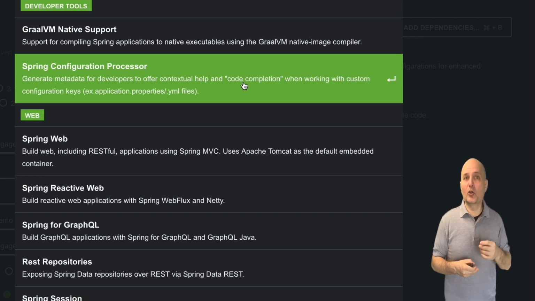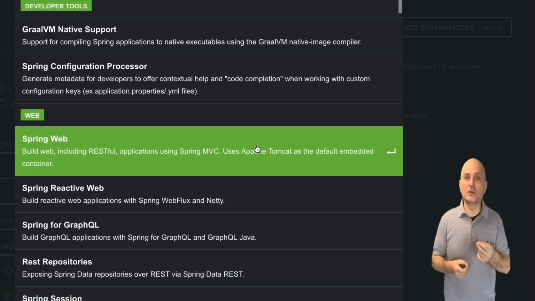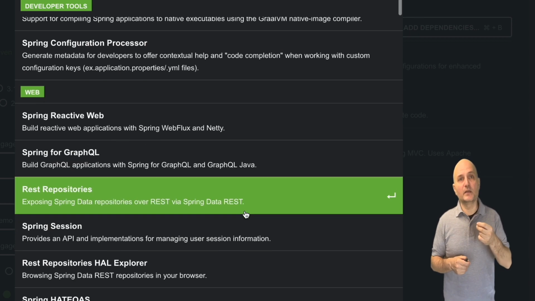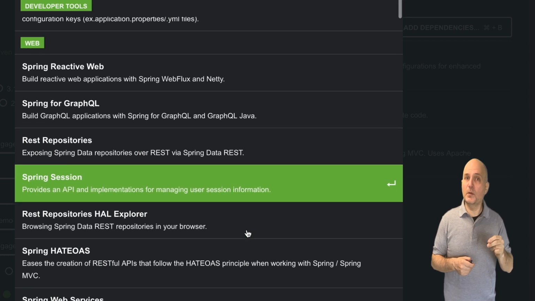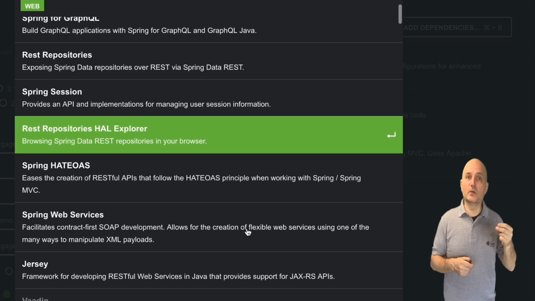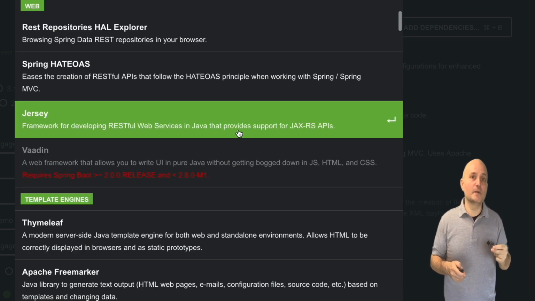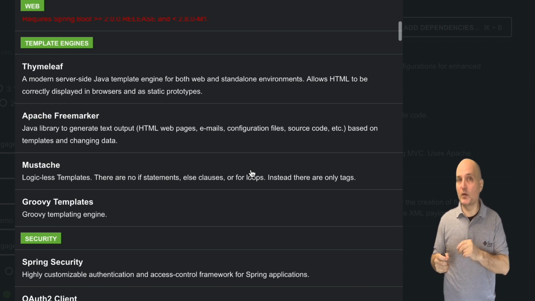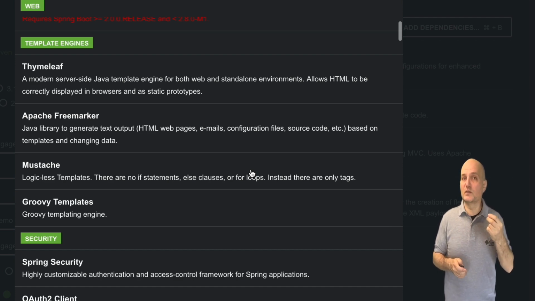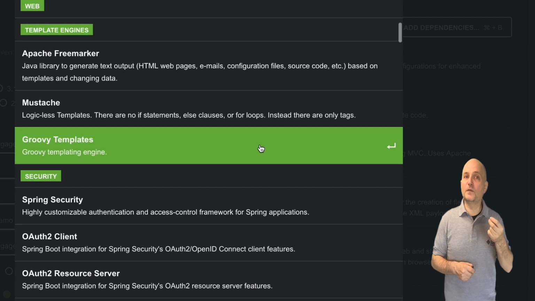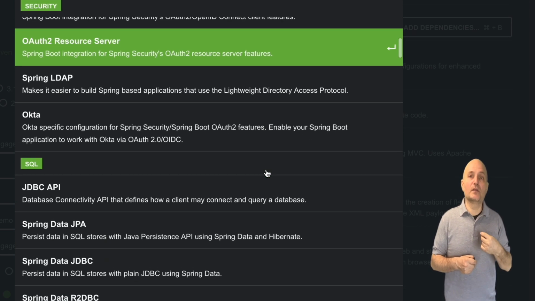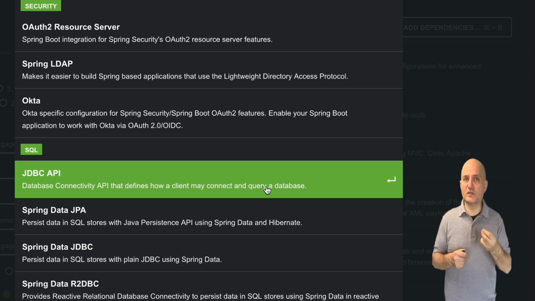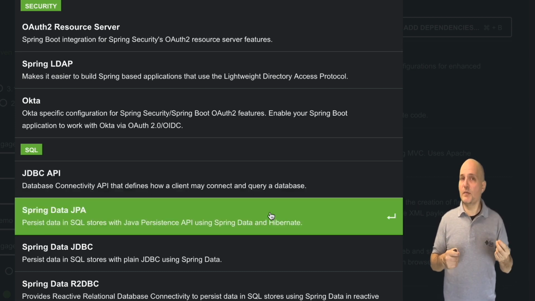Next, we add Lombok, which is a library that makes it simpler to manage some objects. We add Spring Web, which will let us implement a website. Then we add Spring Web Services, which provides a way to invoke a method over the internet. This is the basis for RESTful web services that we will discuss soon enough. Thymeleaf is a web templating engine that lets us build simple HTML pages with functionality within them. This lets us customize the HTML pages we show to the users.